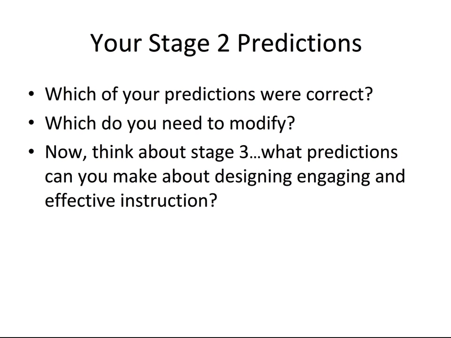Okay, so let's go back to the Judy Willis video again. You made some predictions for stage 2 about what you felt stage 2 was going to be about, based on your knowledge of things we've talked about before, but also what you saw in the Judy Willis video. I want you to think about which of those predictions were correct and which you need to modify. I'm hoping you're keeping a journal or a running list of this stuff. So which predictions went well, and which do you feel you need to modify?